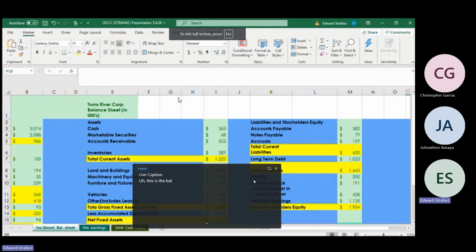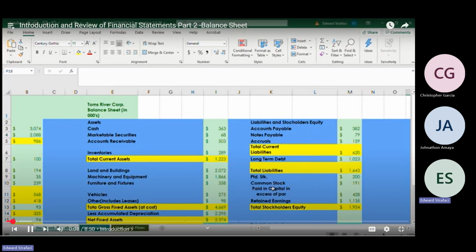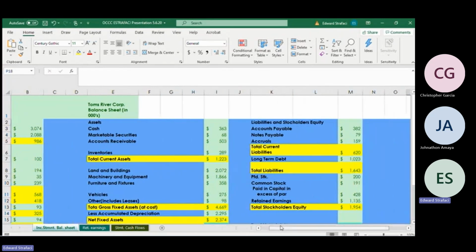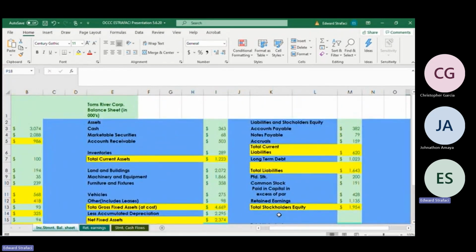This is the balance sheet. So this is part 2 of our accounting review, and this is the balance sheet of the same company. Remember, last video we looked at the income statement. You can go back and refer to that. But the thing about the balance sheet is it's the other important part of the financial statements. You have your income statement, and the income statement flows into the balance sheet. So basically, the income statement is what you earn that year, and the balance sheet